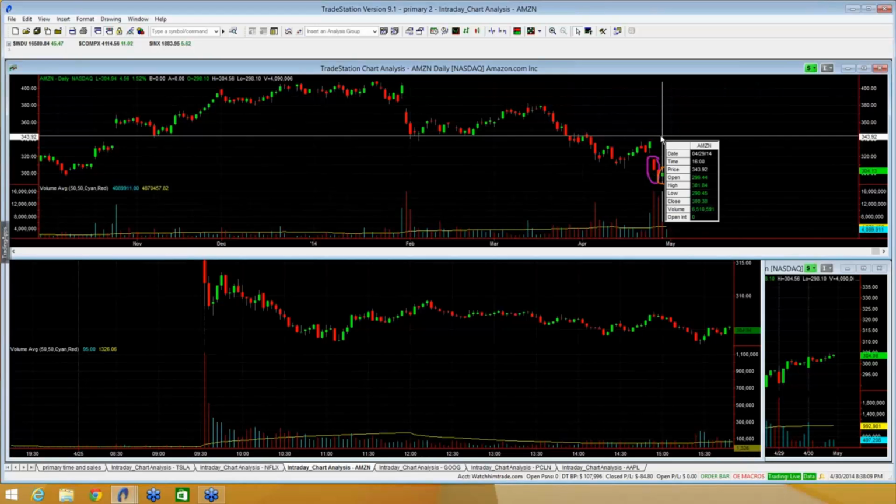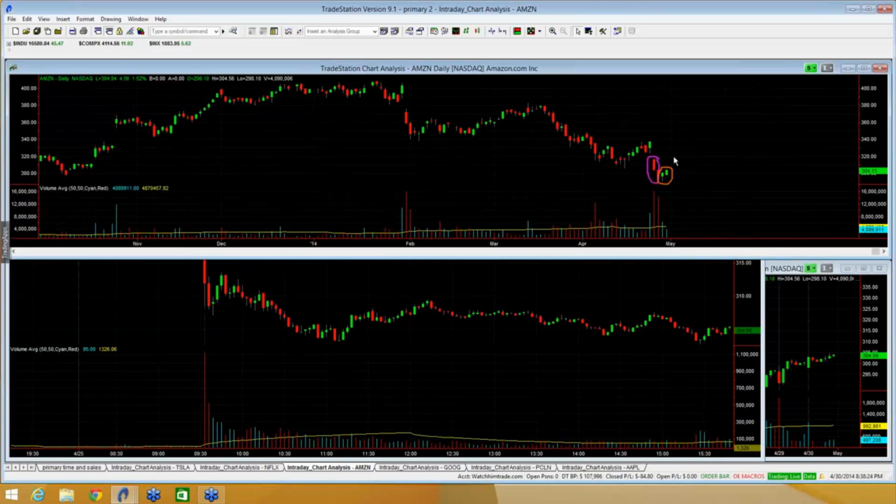Then on Tuesday, you had 301.80 on the high and 290.45 on the low. So you had about an 11-point range. Then today, you had 304.50 on the high, 298 on the low for a 6-point range. So the range was much, much smaller yesterday and then especially today